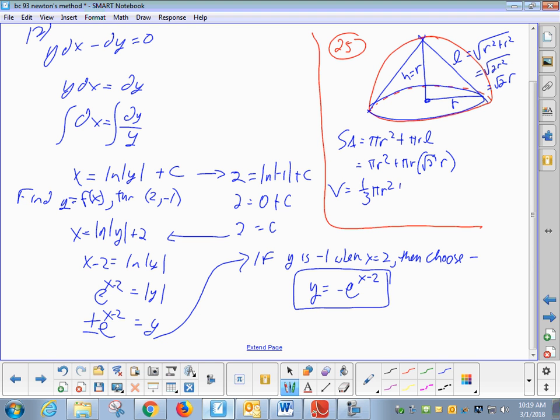volume in terms of R only It's turn in your permission slip would be on 1/3 pi R cubed because